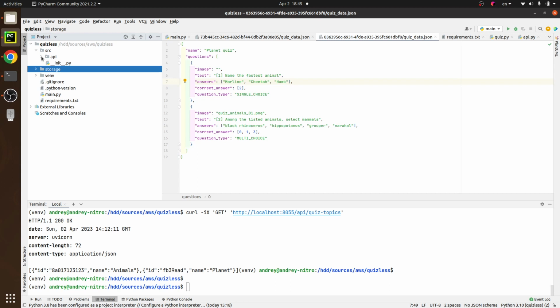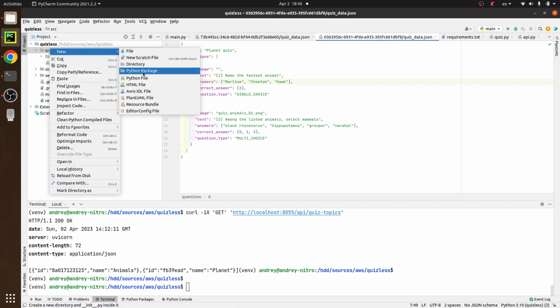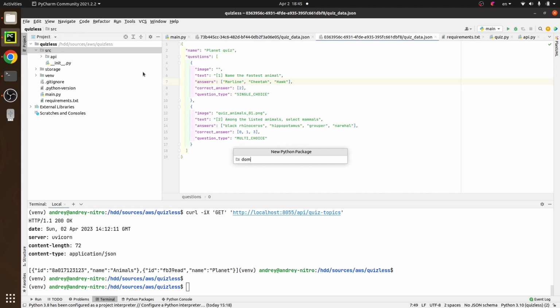I don't want to implement Python code that would be dealing with plain JSON. Instead, let us map JSON onto classes, and it will be our application domain. So, as it's a domain, in the src folder, I'm adding a subfolder or Python package, and naming it domain,